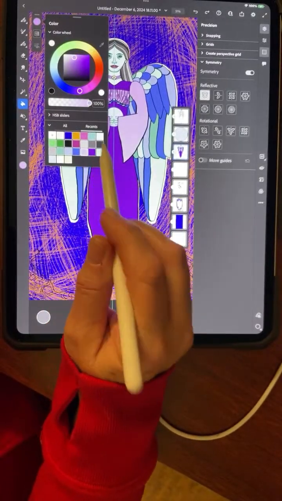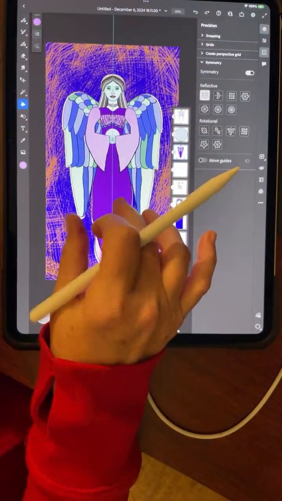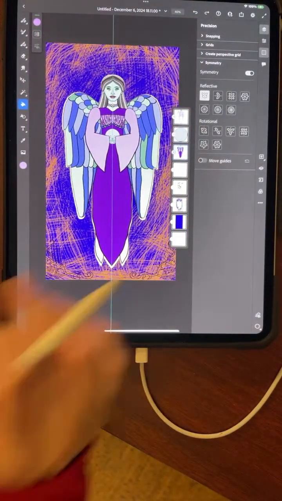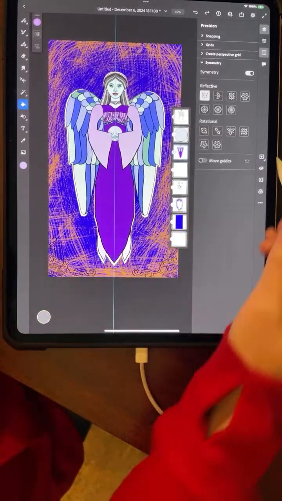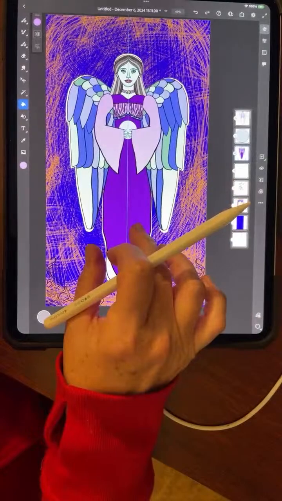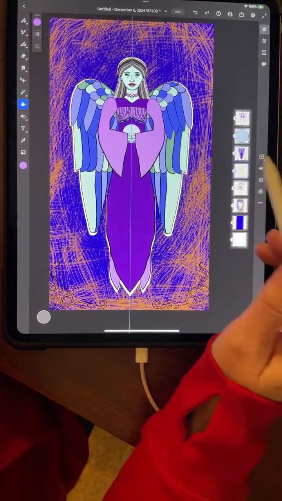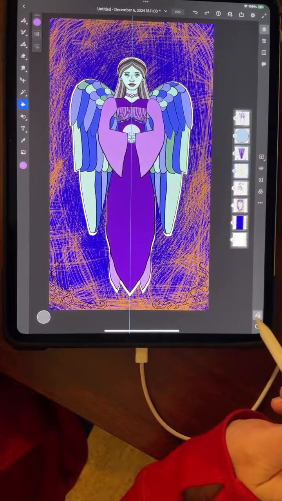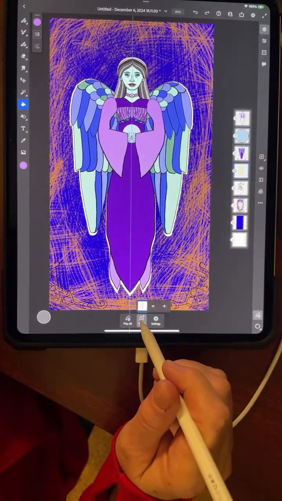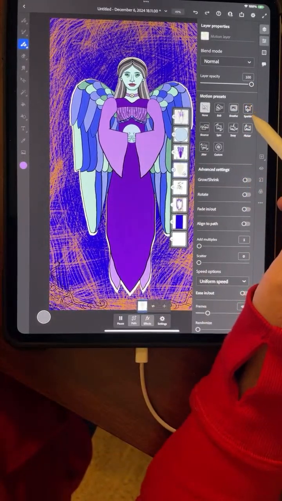I want the light purple back here. Okay, so we've got her pretty well filled in. So now I am going to close that, go here. I will go to the background layer, that white layer I just created, and I'm going to choose